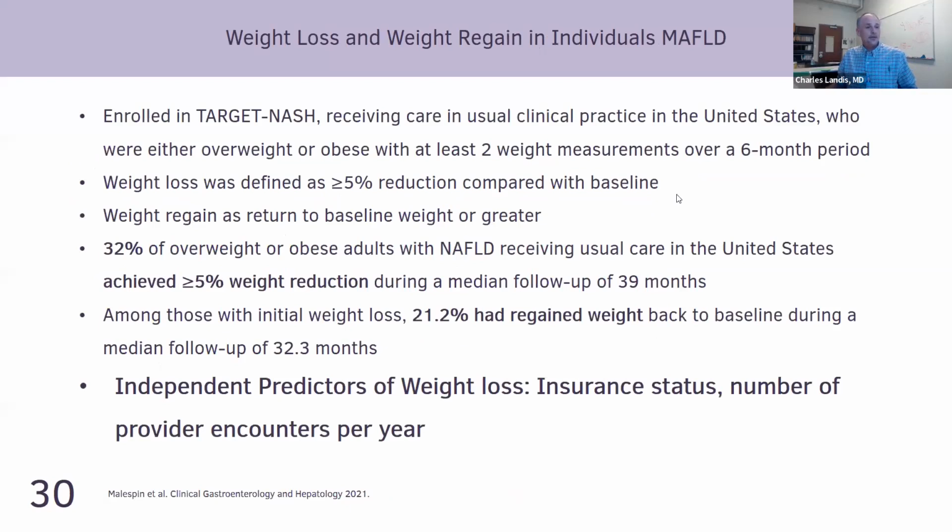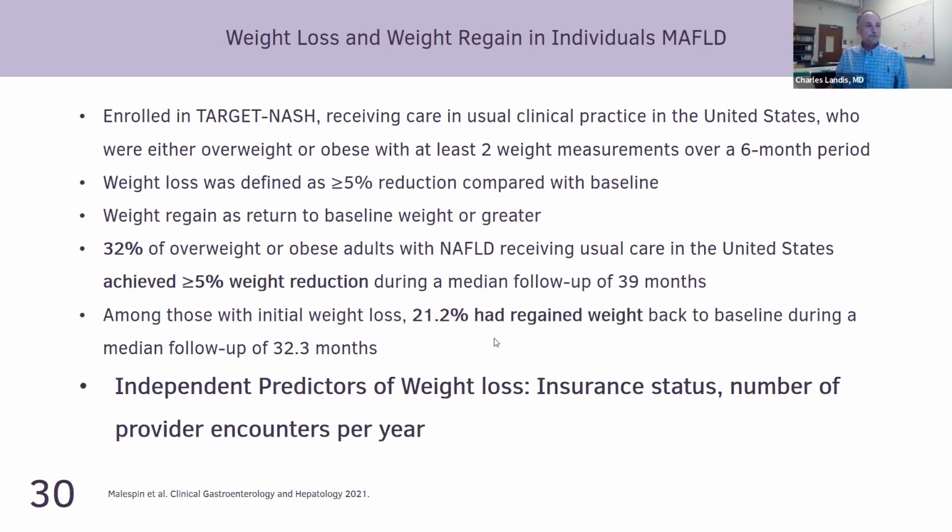This is an actual study pertaining to NASH. This is a lot of text. The bottom line is that of patients who were seen in liver clinics and advised to lose weight, about 30% ultimately achieved the equivalent of a greater than 5% weight reduction, but 20% all regained it. And predictors of regaining it were insurance status and number of provider encounters per year. So I do think having a follow-up for these things is important. It may seem like you're not really doing much. You're not prescribing a medication, you're just counseling or talking, but I do think it benefits, and this study would